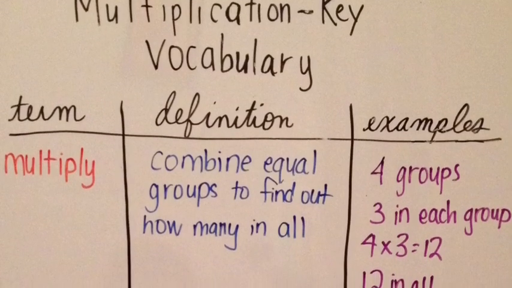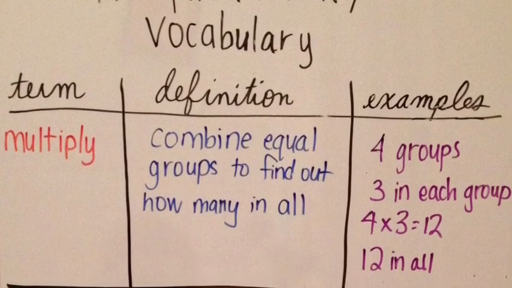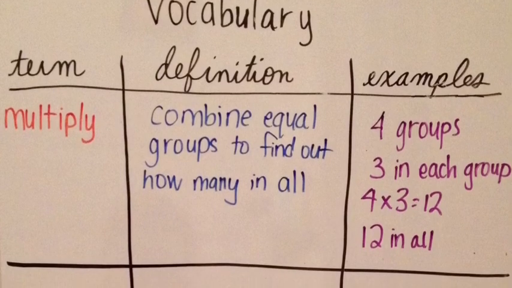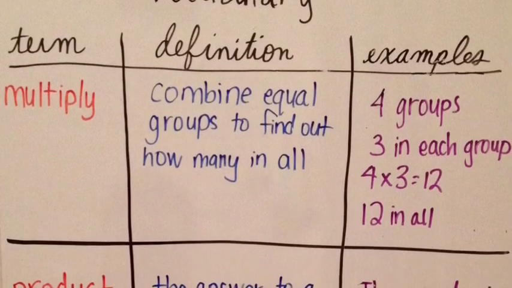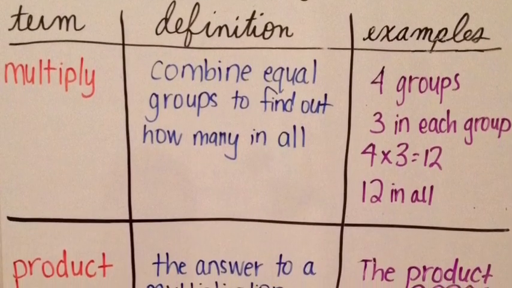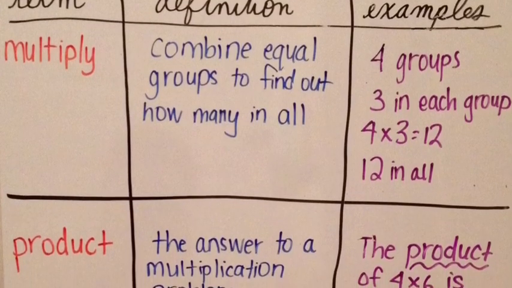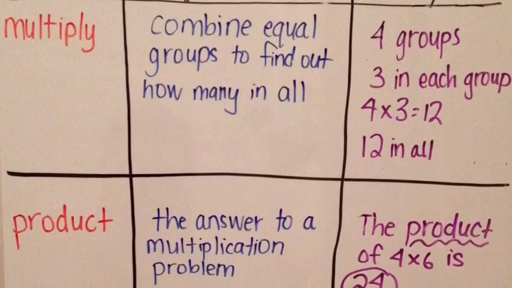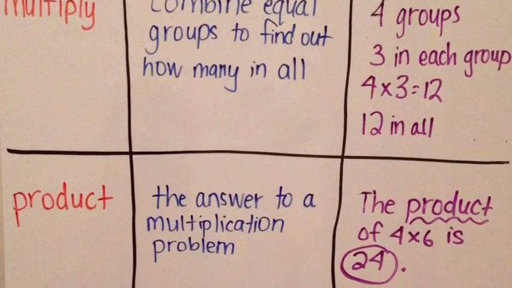The standard we're going to be talking about today is multiplication of multi-digit numbers by single-digit numbers. And we're going to talk about both the traditional or standard algorithm and the partial product method to solve these types of problems. Before we get started on how we solve them and how we find the product,